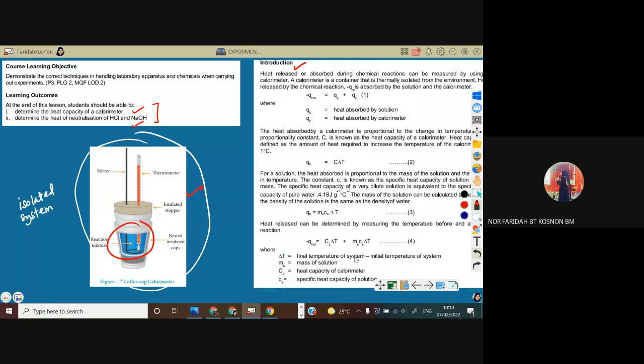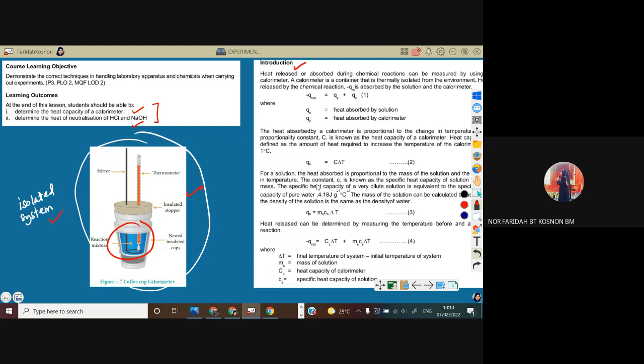Sebenarnya introduction ni kita dah belajar. Okay, kalau saya go through satu-satu ni, you akan rasa bosan lah. Cuma sekarang konsep asasnya begitu, how the calorimeter works. Alright, okay, so no heat enters or leave the system. That is isolated system. Okay, so basically kalau kita nak kira heat release from the reaction, kita kena tengok apakah